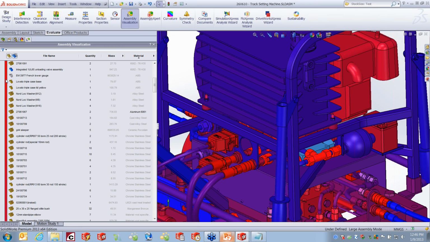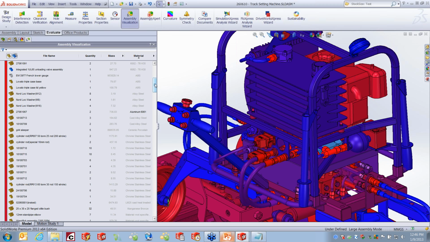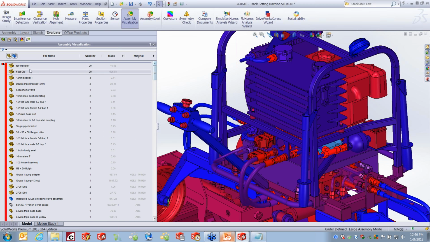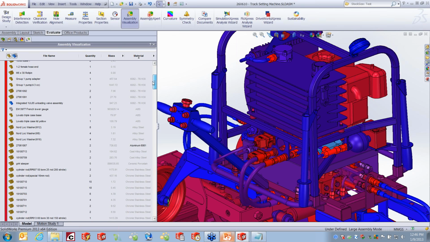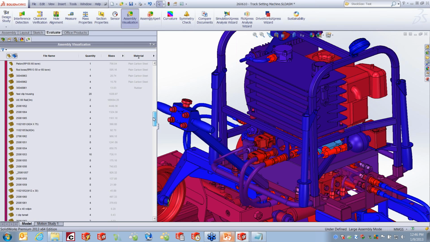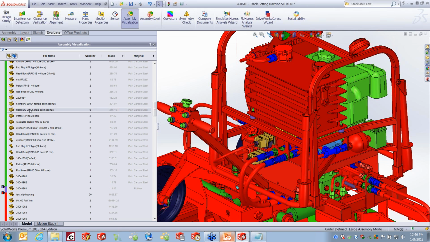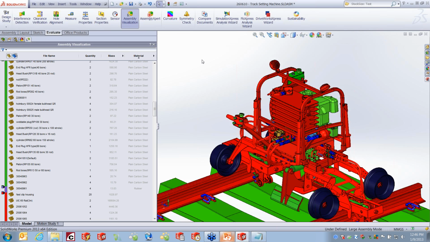If I click the little color chart off to the left, what this does is use a color bar that sorts, in this case by material, and it puts like colors on materials that are very similar in the formatting of the column. Now, if I wanted to group any identical items with the same color, there's a command if you right-click on the bar called Group Identical, and now in this case all of my plain carbon steel is